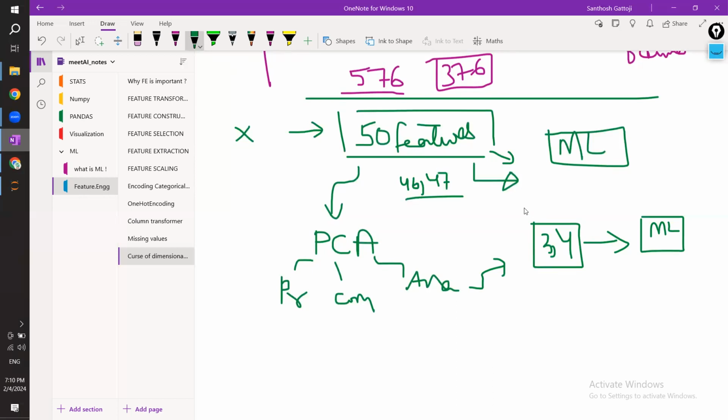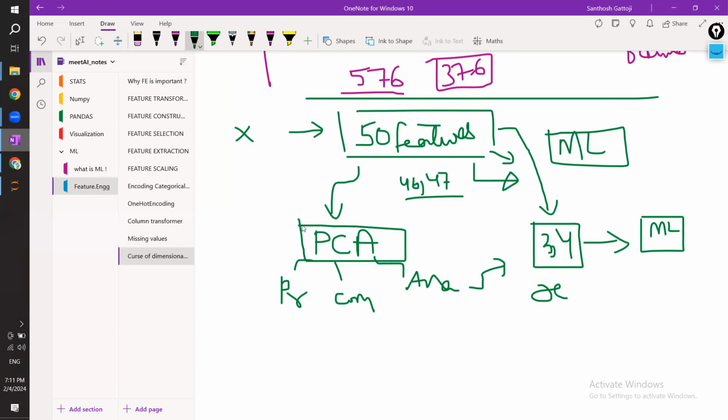So obviously, if you want something, you need to lose something, right? When you are gaining this advantage, when you are able to reduce 50 features to 3 or 4 features, obviously you need to lose something. What is it that you are going to lose? You are going to lose the readability. That means the new features which you are going to create are not human readable. So all these pros and cons we are going to discuss when I specifically discuss this concept called